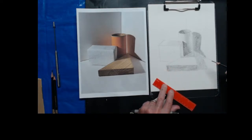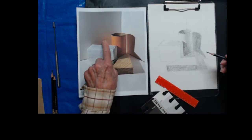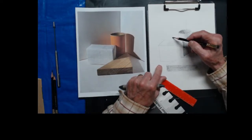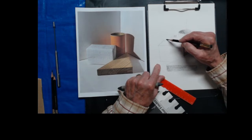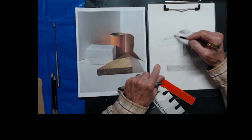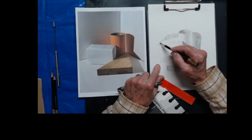Okay. And the only thing I want to talk about next is the background. This area here behind the white box and next to this, it's a little bit darker. So this area here gets darker. So this really shows off the box now. So we can put this in about a medium value. It's not as dark as the darkest, but this area here is a little bit darker. So I'm just going to shade in a little bit of this so you can see the edge of this box,